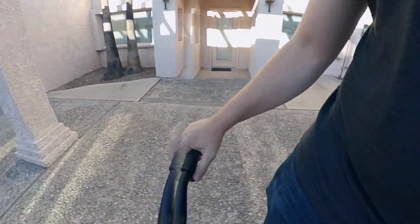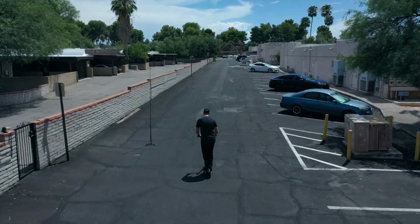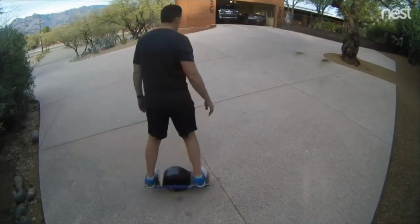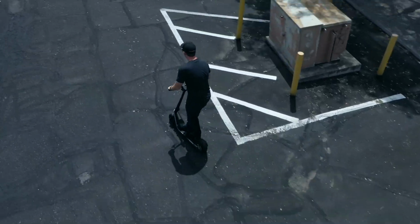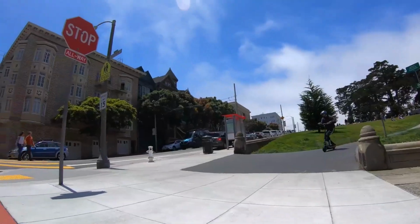I've even seen some videos posted online already where people were having accidents because they were taking one hand off of the handlebar and then losing control. One thing that I love about my One Wheel is that I can be hands-free. I can even be on my phone as long as I'm not running on busy streets and such. And it's perfectly intuitive to just ride without holding on to anything. So different feeling there. But overall, I felt more secure, more stable, more steady riding the Boosted Rev overall, and